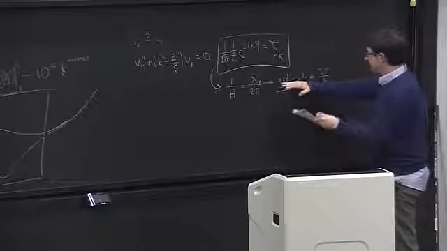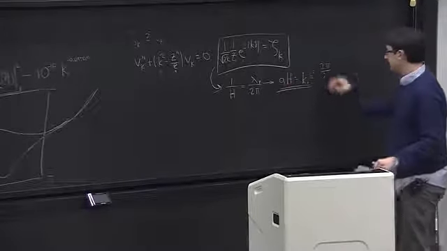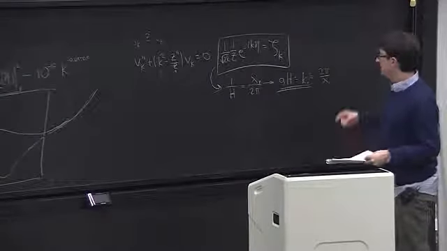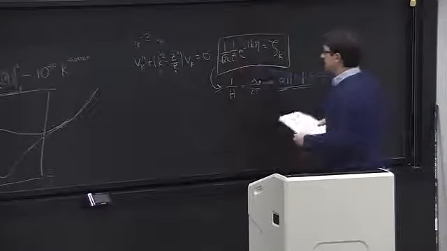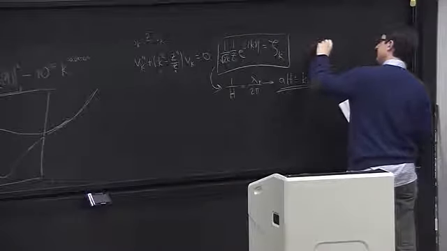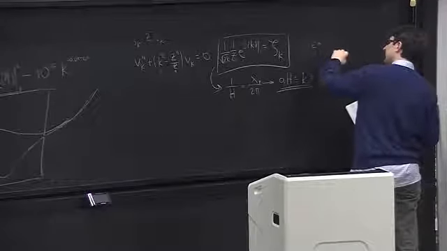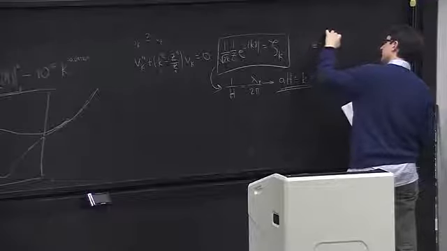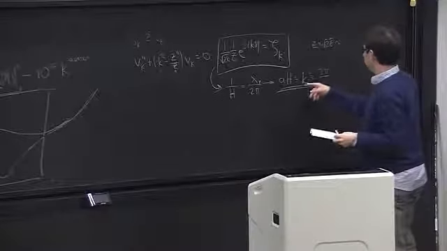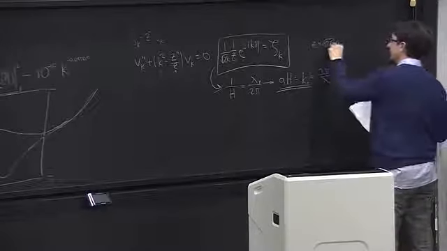This side is constant. This side is changing in time. At the moment when this becomes equal to this, that's exactly the moment in cosmic history when this mode crosses outside the horizon. So what we can do here is use the fact that, as I mentioned before, z is, remember, z squared was defined to be 2 epsilon times a squared. So z is the square root of 2 epsilon times a. And so at the moment of horizon crossing, let's call that moment star,